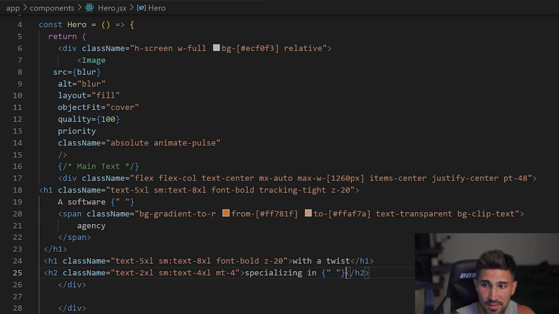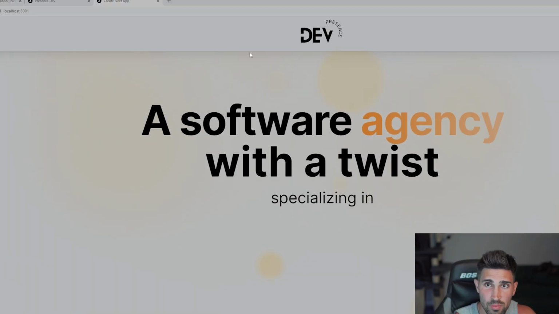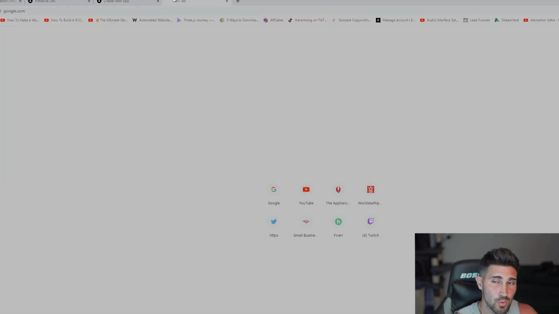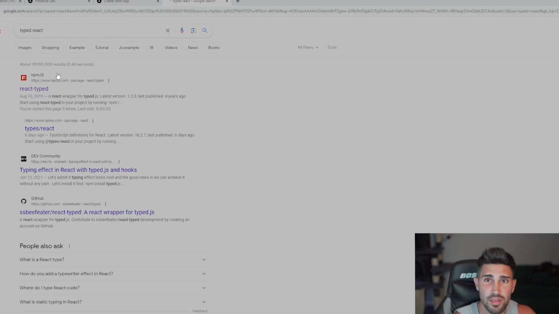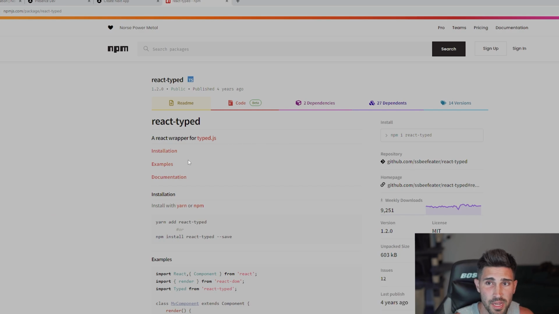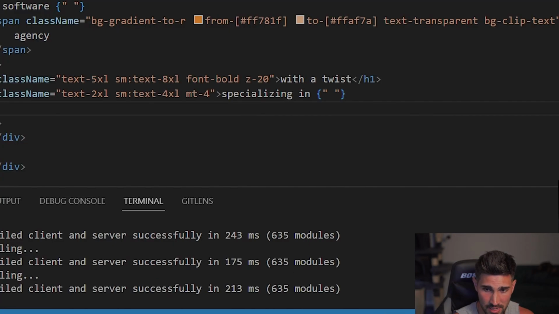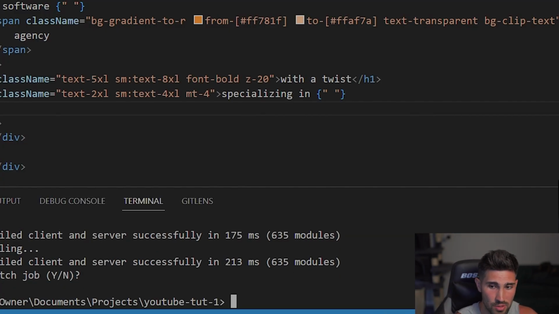And then inside of this H2, we actually want to have that typed effect. And the way we're going to do that is we go to Google Chrome. We'll search typed React. And it should be the first thing that pops up, and we can install this package. For me, it has 9,000 weekly downloads, which isn't a lot, but we're just going to copy and paste the installation command line. We will stop the server, install the package,